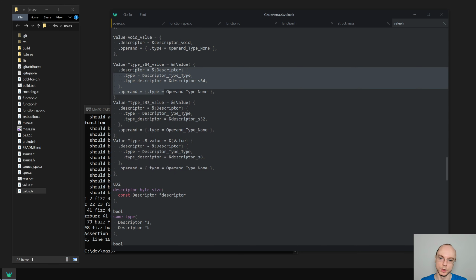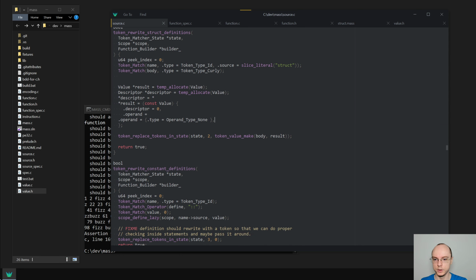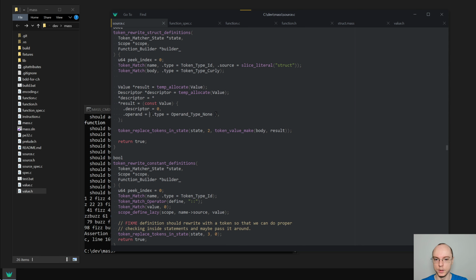So this is just the type descriptor, and the operand is none. Okay, that we can do that. That is not a problem. So operand is none, and descriptor is going to be descriptor,